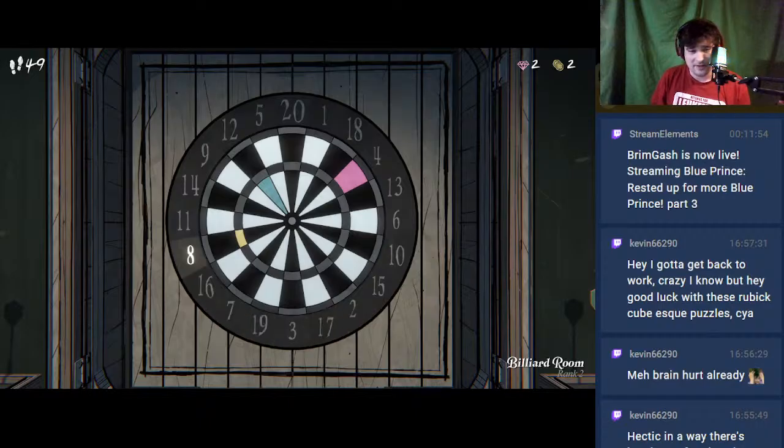12 minus 8 is 4. And 4 times 4 is 16. Okay. 3 minus 1 is 2. 2 times 15 is 30. And 30 divided by 3 is 10. Fuck, there's more. Oh, there's a lot more. Oh, boy. Okay, so 10